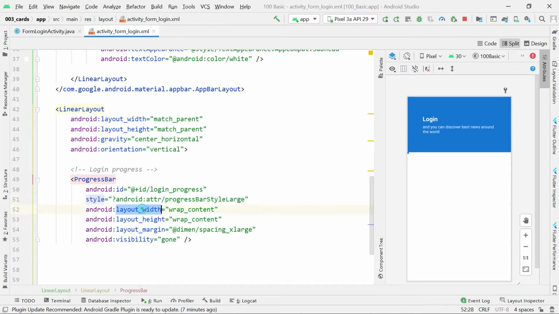description. And then width is wrap content and height is wrap content, and margin is spacing large, and then it is initially hidden because when the user is not logged in, we'll hide it. So if I remove this visibility of hidden, you'll see it there. So it will display logically when we are logging in the user, or when you're doing the process of